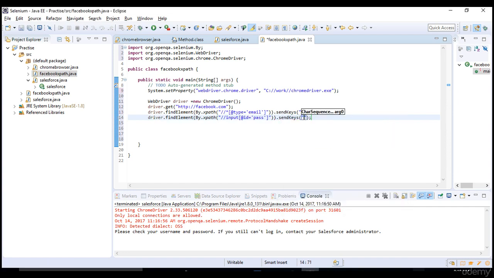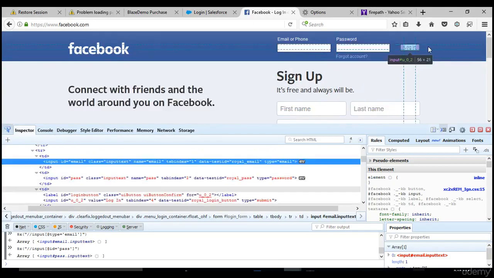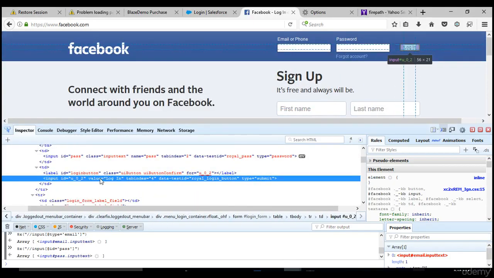Alright, so till this point we have done in the previous lecture itself, but with different locators. But we did not click on login because of some dynamic issue. Now we have found a unique attribute here called value.